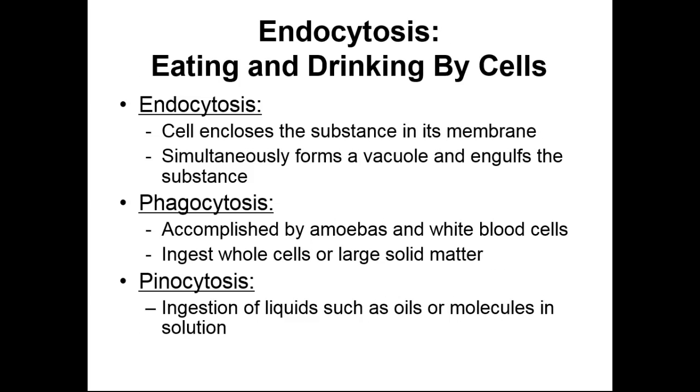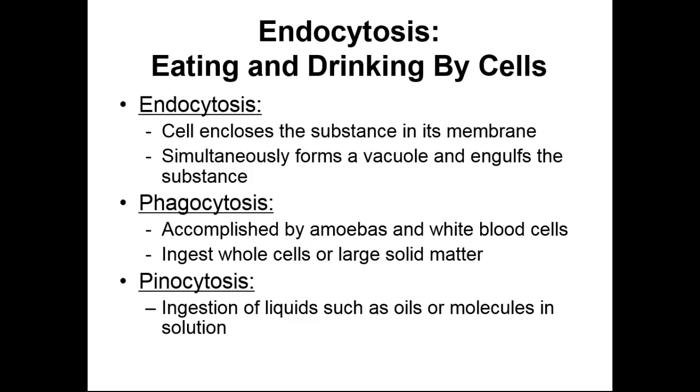If we have endocytosis, we're going to take something into the cell. There are two kinds of endocytosis. So endocytosis is a big umbrella term. We have phagocytosis. During phagocytosis, we're going to have the cell membrane wrap around something that's solid, or an entire cell. So when we have phagocytosis, which literally means cell eating, phago meaning to eat,